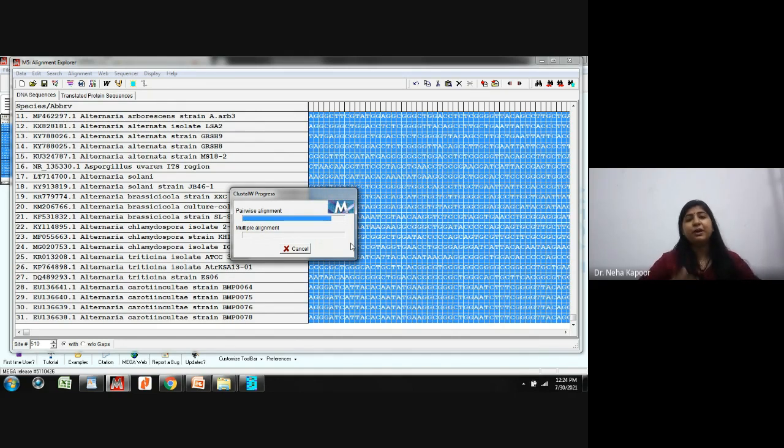If suppose you are using altogether a different software, suppose you are using MrBayes, then you need to save your file depending upon the format that is acceptable in those softwares. You can save the file in Nexus format also, and then you can export the formats also. That is also available. So I think it is almost completed.